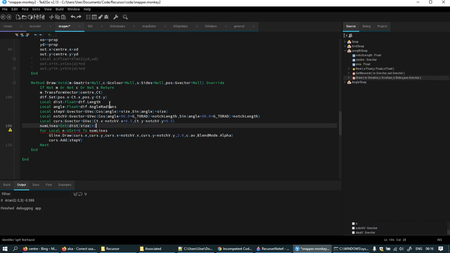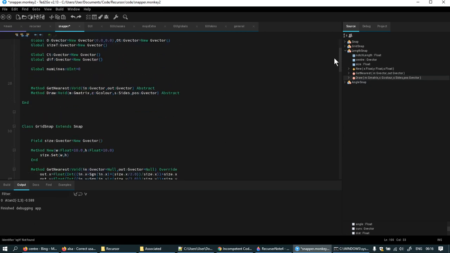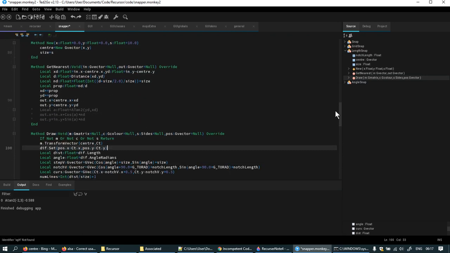Okay. Yeah, so that's the total distance. Step value, step vector, notch vector. Right, now, sorry, I'm getting away with myself slightly because I'm getting distracted by cleaning up these things a bit, or trying to make it that they're not just assigning a load of stuff, which is probably madness, but